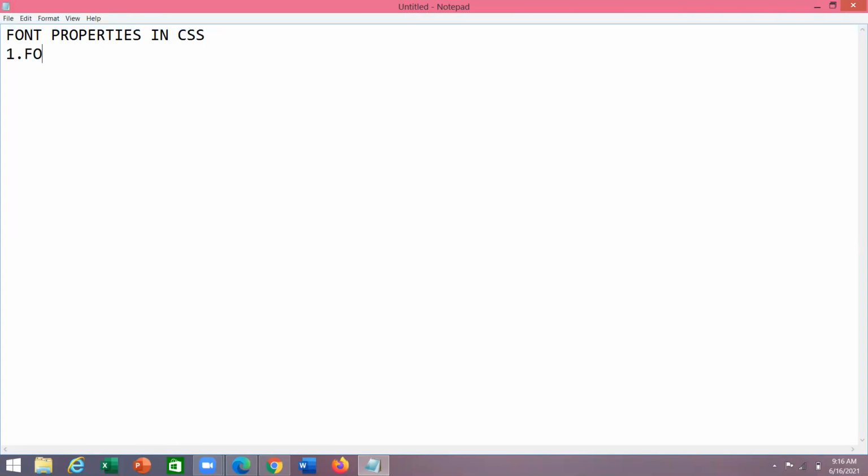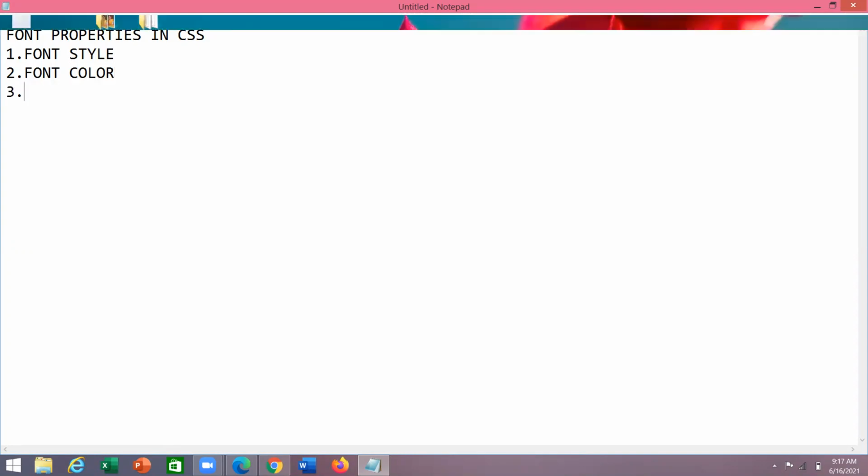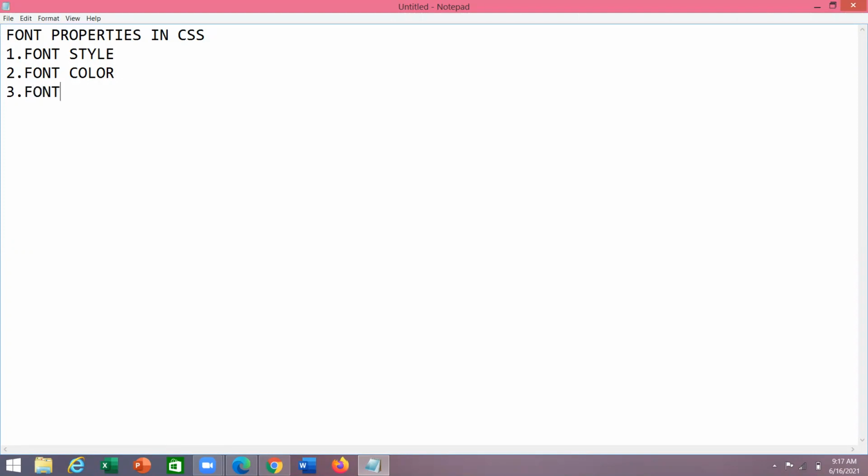One is the font style, and the second one is the font color, and the third one is the font family, and the fourth one is the font variant.